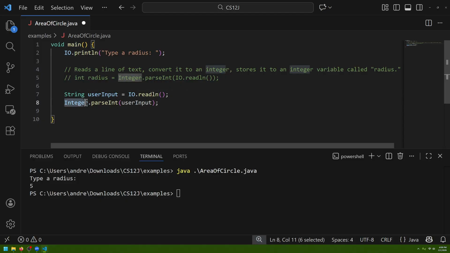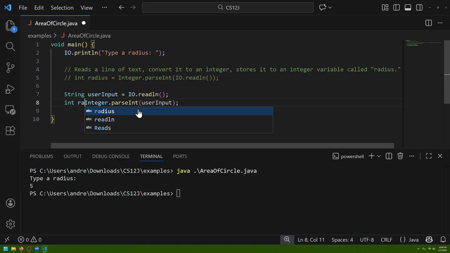Okay, so once again, this method converts the string to an integer. This method does return an integer, meaning we should store it into a variable. We need to store it into a variable so we could use it in a future calculation. So I'll store it in a variable called